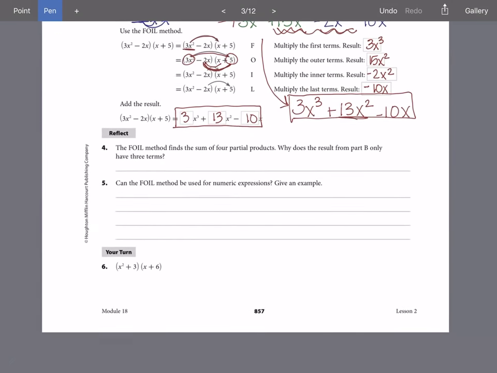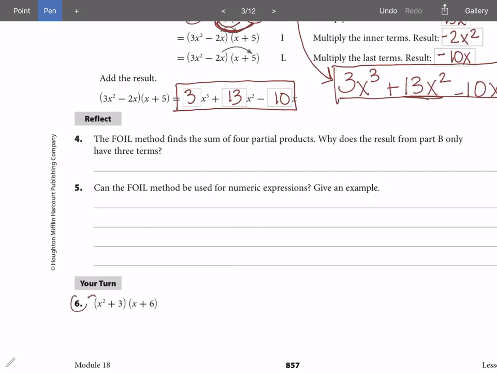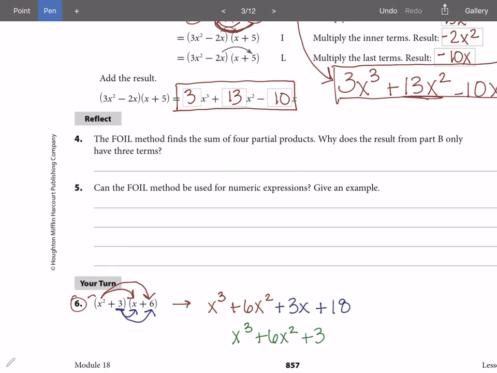So now let's go ahead and look at your turn, number 6. So we're going to start with x squared, so x squared times x gives us x cubed. X squared times 6 gives us a positive 6x squared. And then I'm going to go ahead and distribute my 3. So I have 3 times x, which gives me a 3x. And I have 3 times 6, which gives me a positive 18. And so if I go ahead and write my final answer, I get x cubed plus 6x squared plus 3x